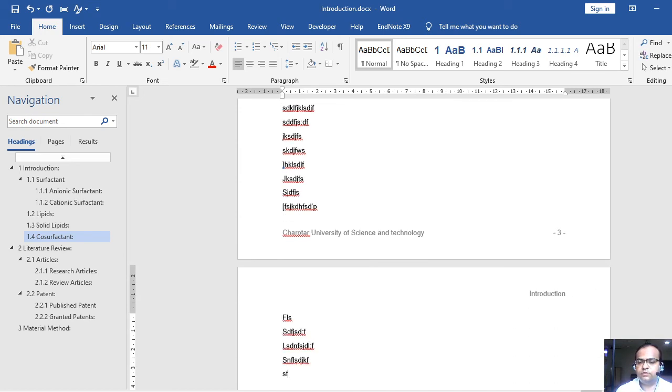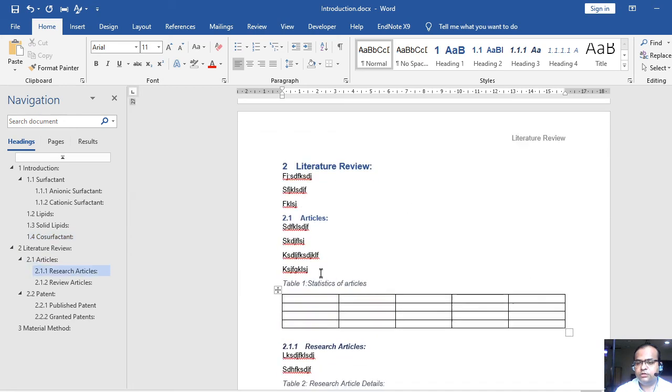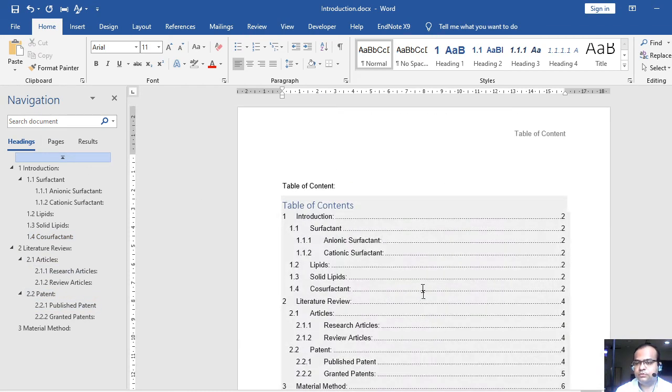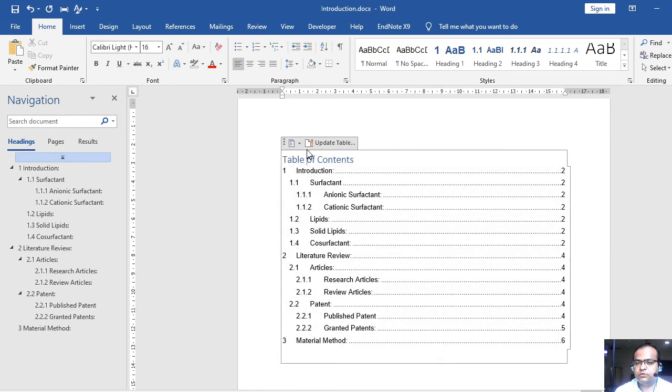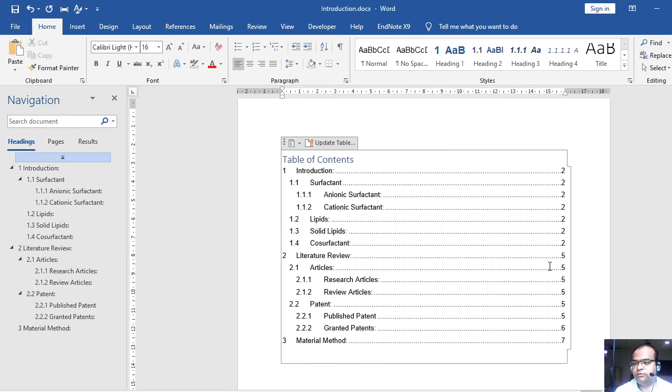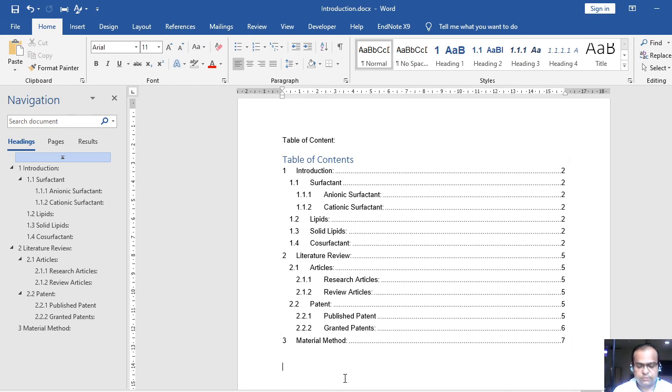So one page is moved, and now the literature review is at page number 5. Don't worry, just go and update the entire table. Right now the literature review is at page number 4; I will just click, and look, the literature page number has been updated, right?